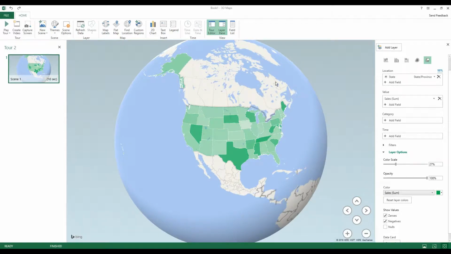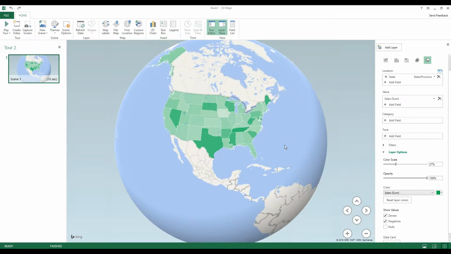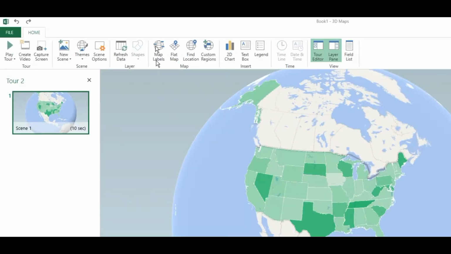In this video, I'm going to show you how to work with the 3D Maps tool to make a flat map and to make a nice data chart for a presentation. This is data that I have from a fictional company showing their sales numbers for different states in the United States. So the first thing we're going to do, go up to the top here inside of your 3D Maps